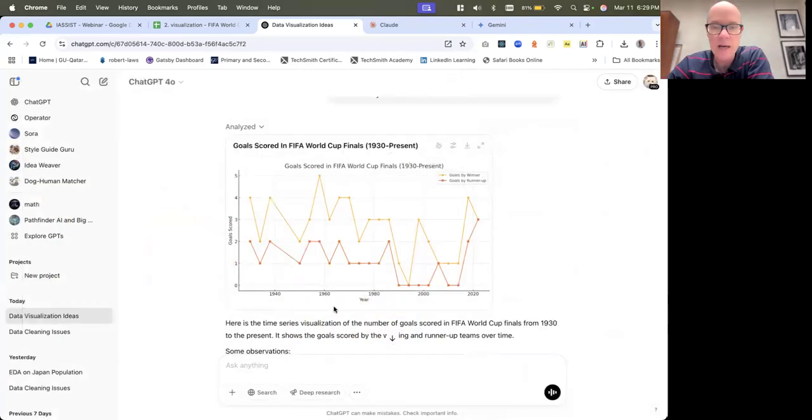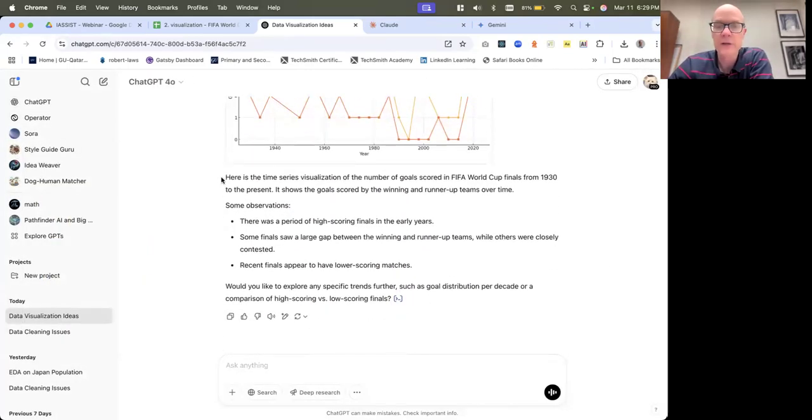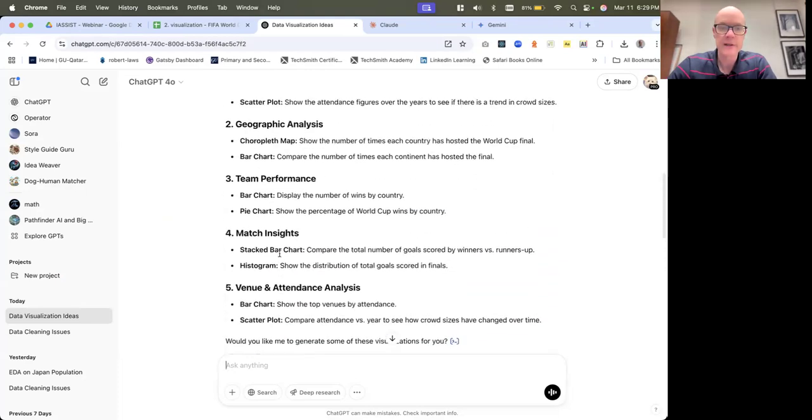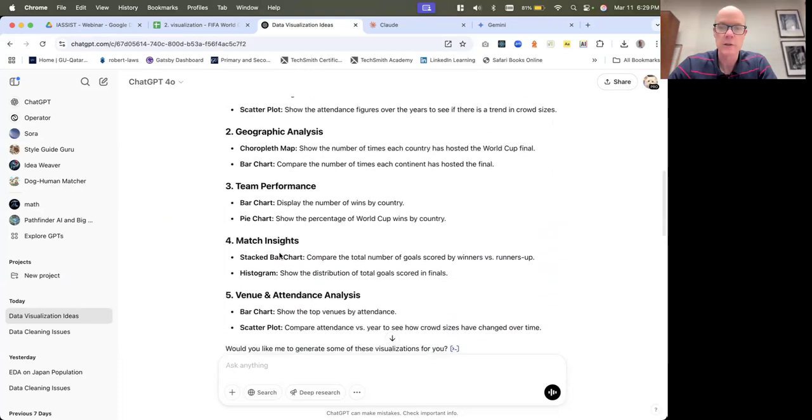I could get out of this view now, and it will actually give me a little bit of context or background to what it's doing here, and do a basic analysis too. Even though I didn't ask it to do it, it offers that to me. Again, I could go into more detail about that. So I'm going to do one more just while we're here, and what I want to do is a bar chart.